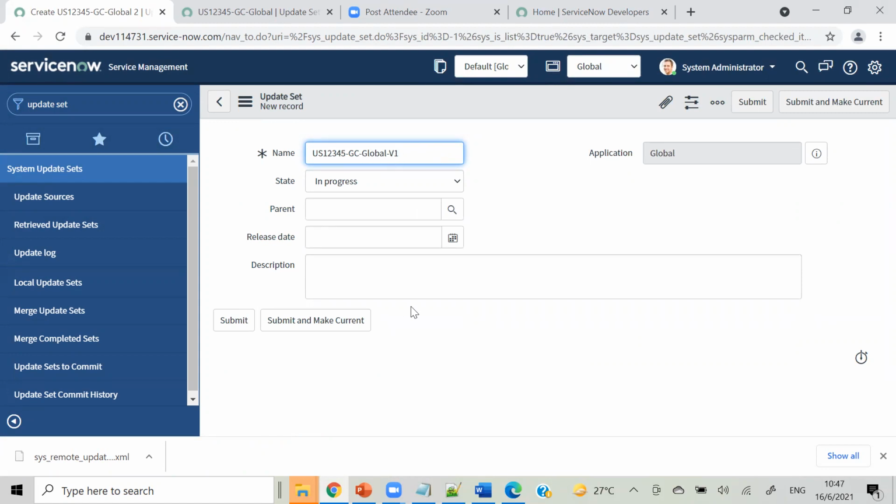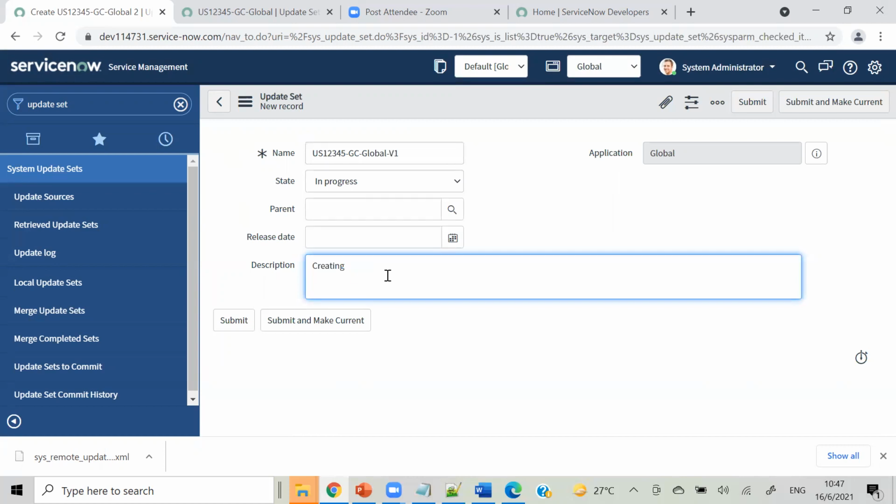I am giving a description like creating some roll number field. I missed this in the previous update set, but in this one I am creating it. So again I am going to submit and make current.